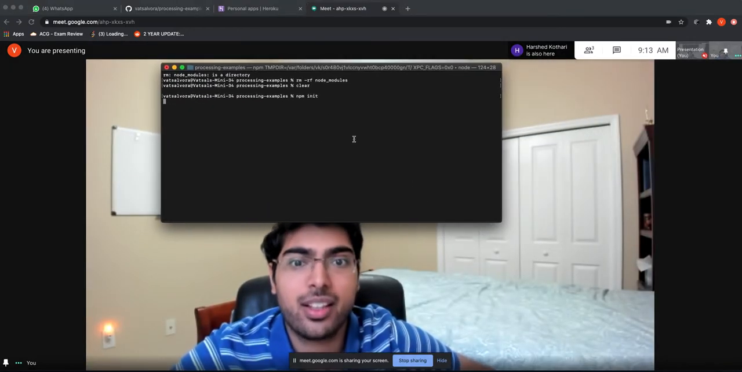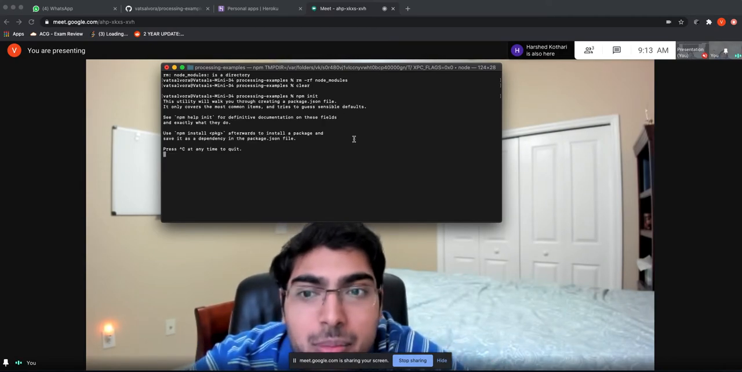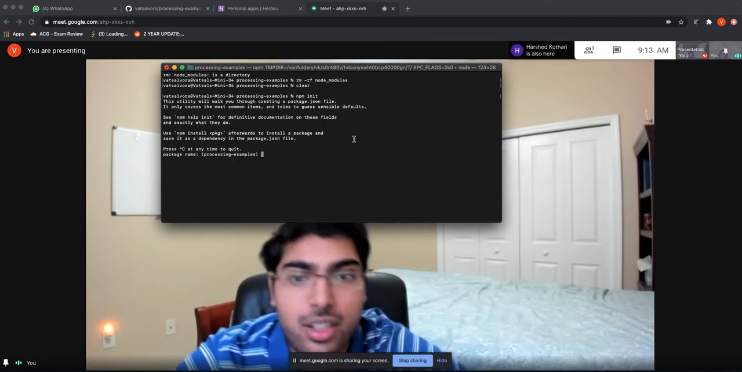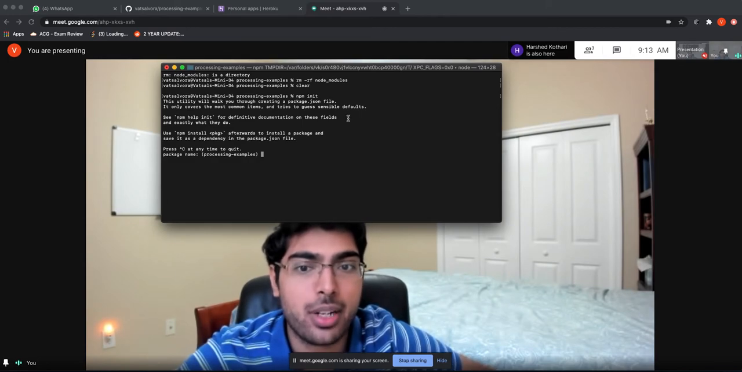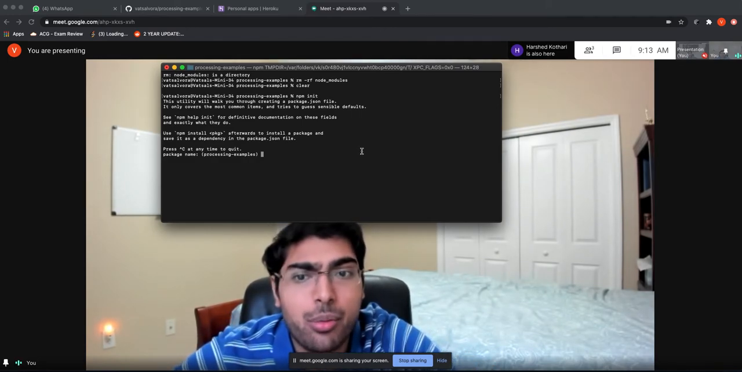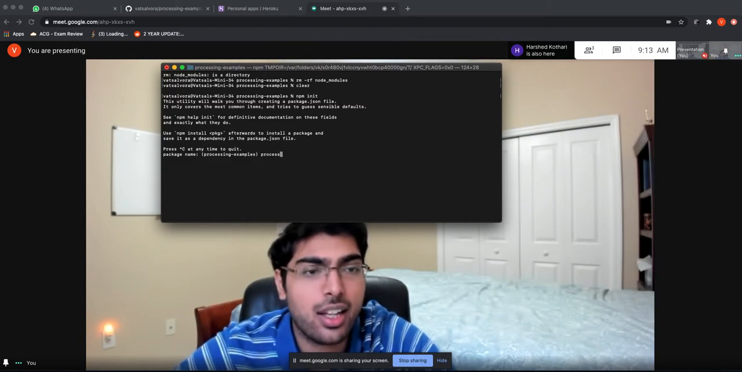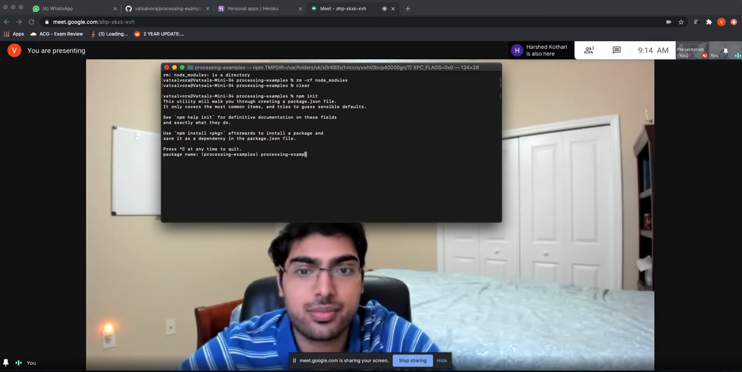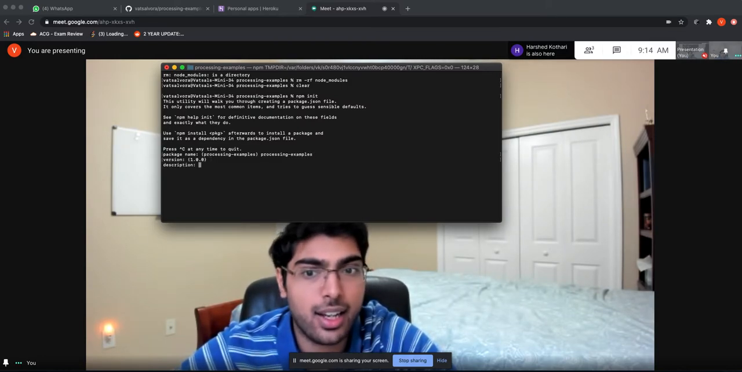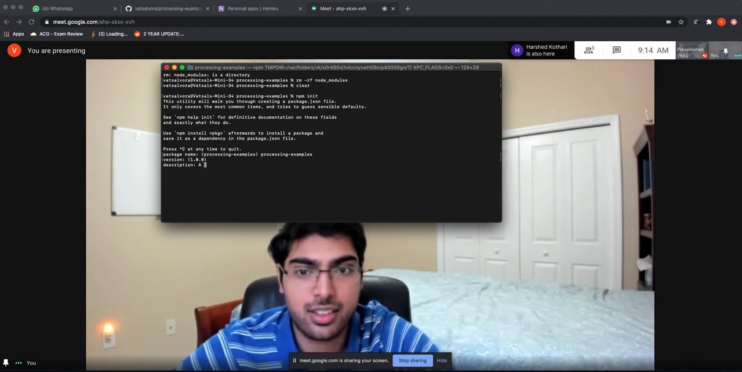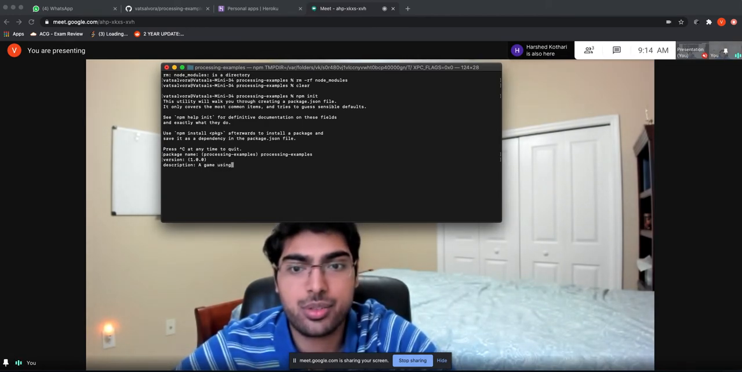All right, so we're going to initialize the Node repository. We did npm init, and the first thing it's asking is, what do you want to name your package? We'll use the same name as the Git repository, processing examples. Version 1.2. A game using P5.js called